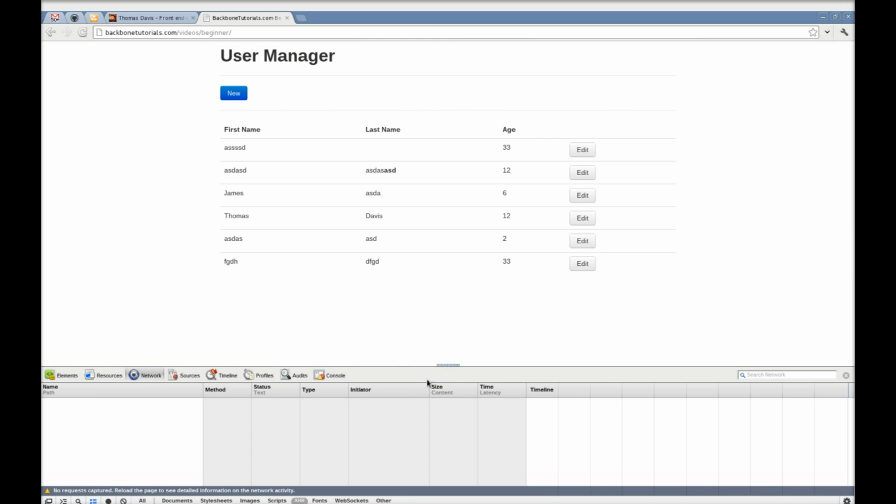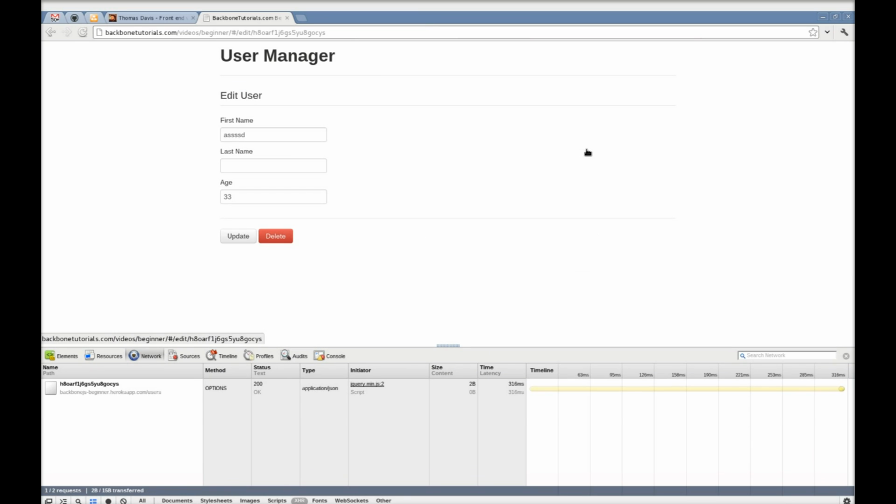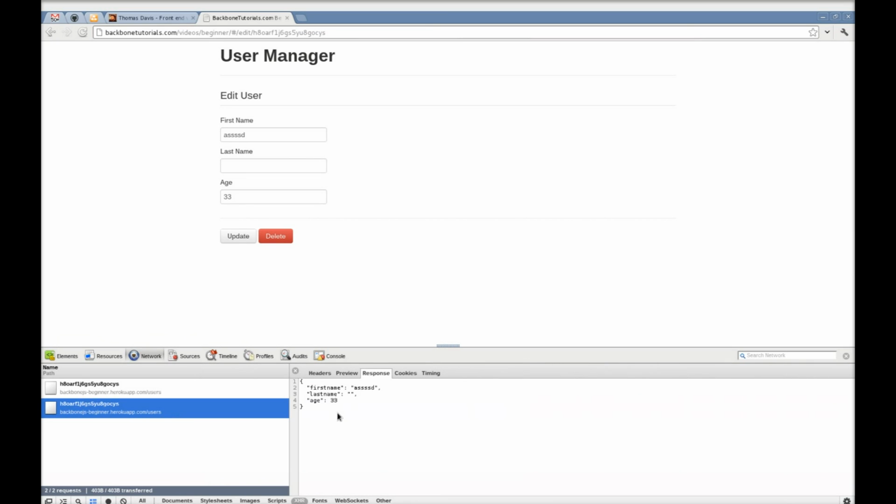If you look at our network tab, we're going to be firing off Ajax requests as we browse this demo, and we can see what's happening behind the scenes. When we go to edit a record, we can see that it sends off a network request to get the details of that one record. And if we update it,